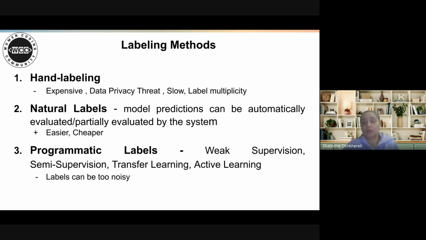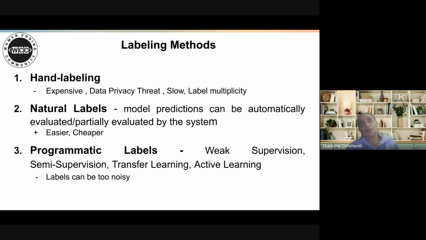For example, it could be expensive because sometimes we need expertise knowledge. For example, if you have some X-ray picture, we have to label whether the patient has some kind of disease or not. In this case, we need some doctor or radiologist who can label it, and whose time could be quite expensive and limited.